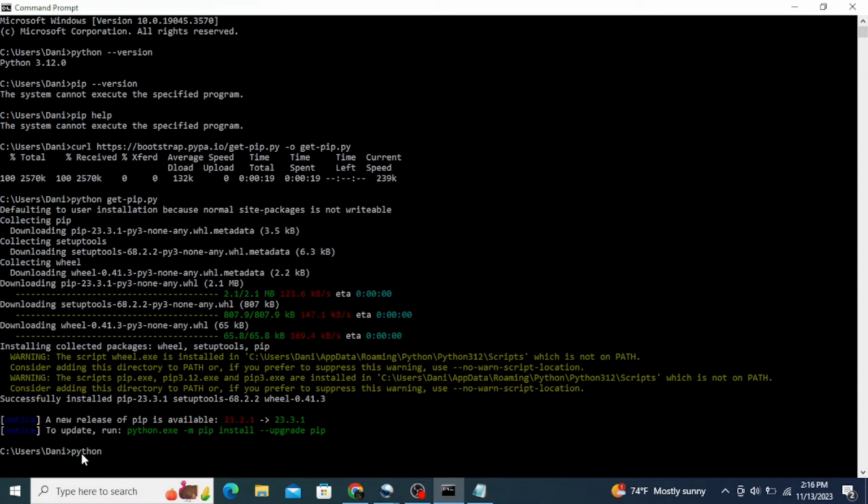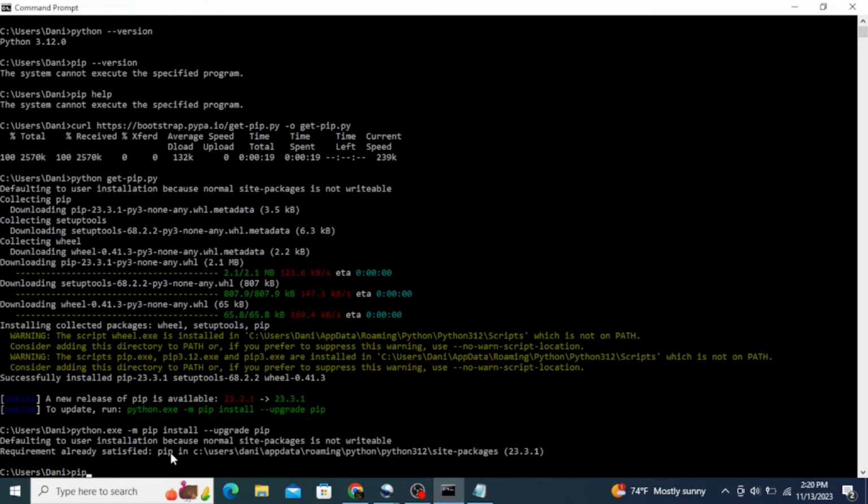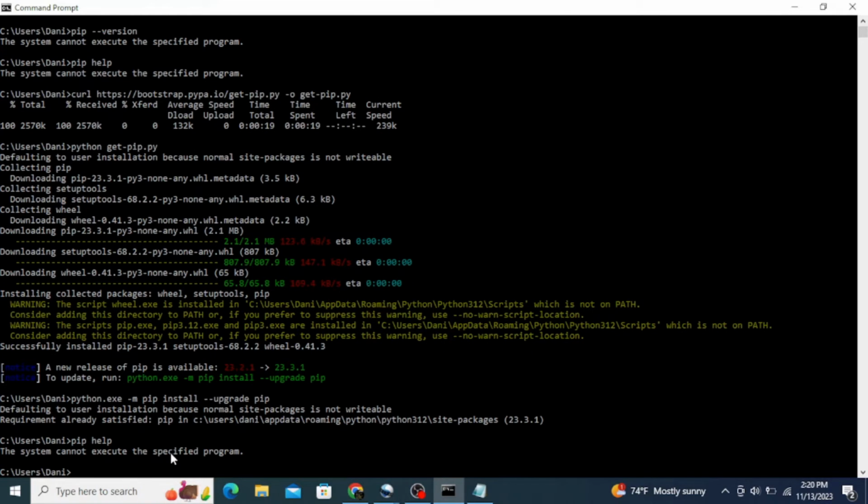Once pip is installed, if we try to upgrade pip or type in pip help and hit enter, it happens to be the same error as pip is not in our environment variables path. So let's add it in our environment variables path. For this we need to know where pip is installed. So copy this path,